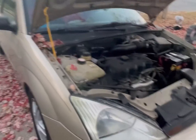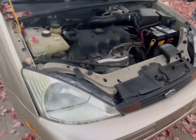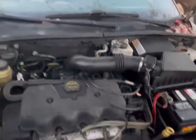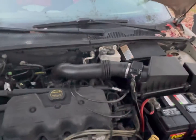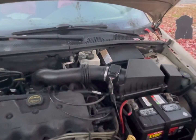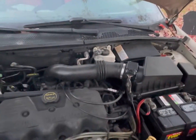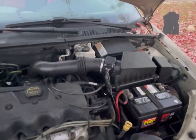All right, guys. So this is a Ford Focus SE 2002. Today is going to be an easy video. Normally I come up with videos where I already fixed the problem, but I'm just going to tell you what happened. So what happened is my son's engine light came on about a week ago, and luckily he pulled